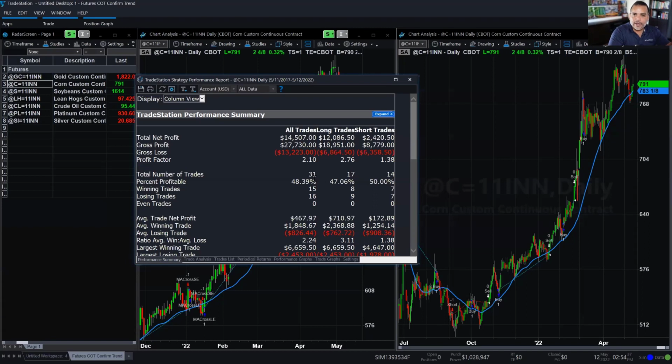But you can see how the number of trades was significantly reduced. I believe we had about 120 or 130 before. Now we only have 31 trades. You see the profitability increase. It was 19 before, now it's about 48, which is in line with trading strategies.